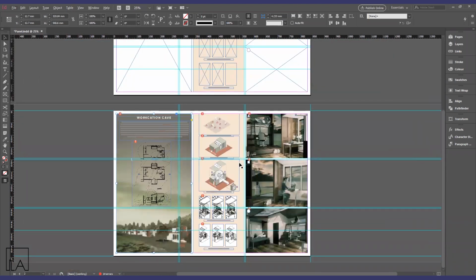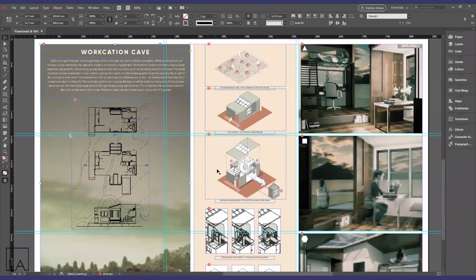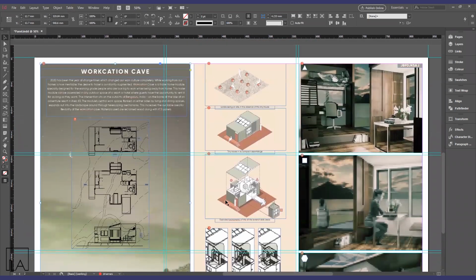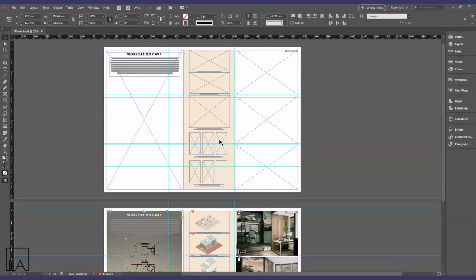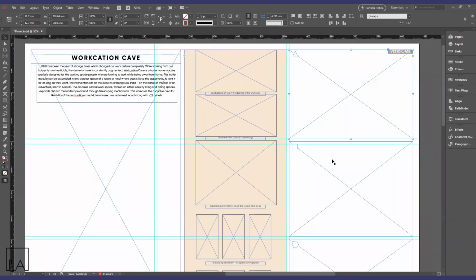A final few remarks about the panel generation or the paneling technique would also be to work out some alternatives. So this need not be your final outcome. You can always try out more options, and you can try them out before you place your images so that you can avoid having your entire document lagging. Once you're happy with the final outcome of the layout, then you can start placing your images.